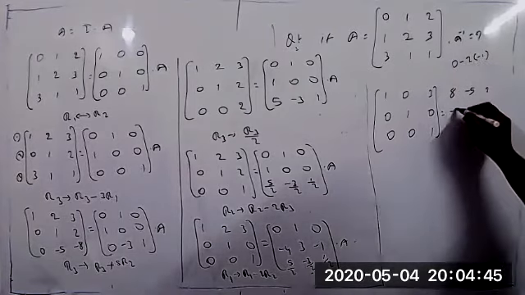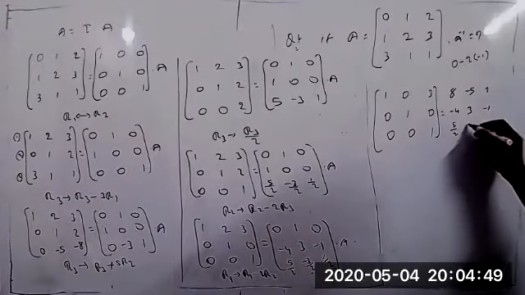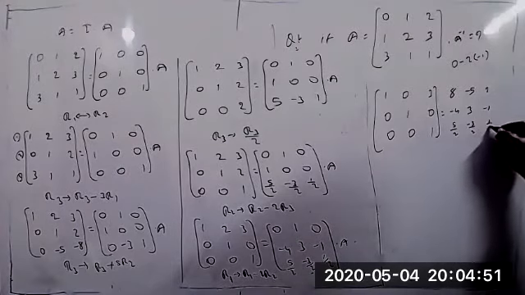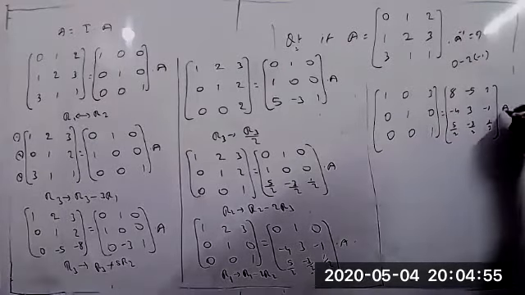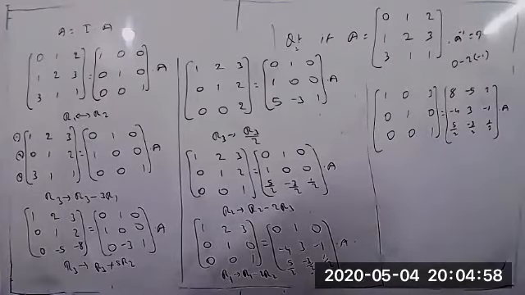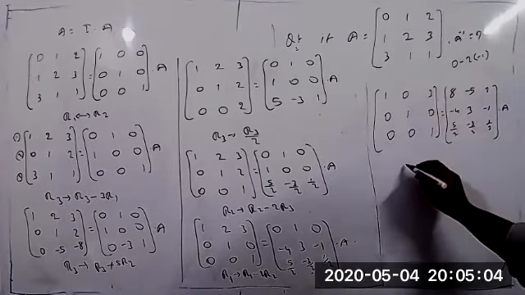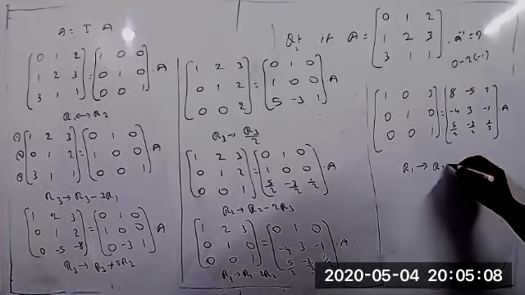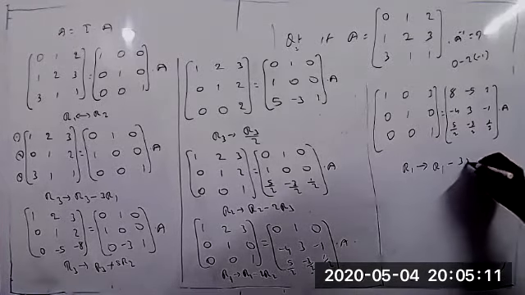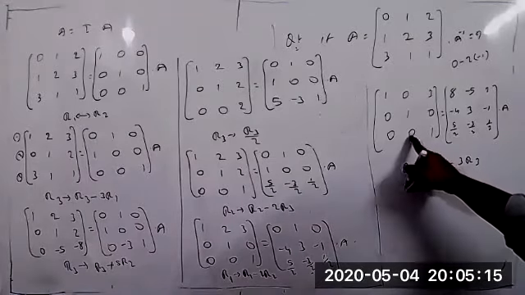Remember, the right side is as is only. So minus 4, 3, minus 1, 5 by 2, minus 3 by 2, and 1 by 2, into A. This last one element is there. What is that? 3. This we have to convert into 0. It belongs to the first row again. So I am taking here now R1 minus 3 into R3. Correct only? Because this element 0 is only.